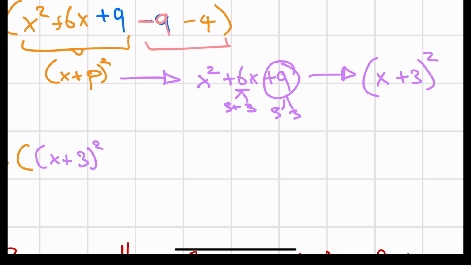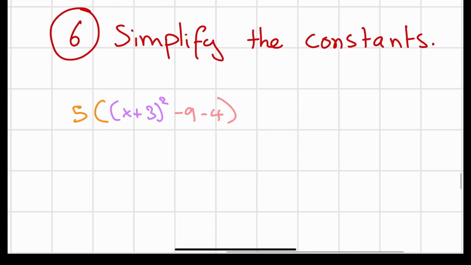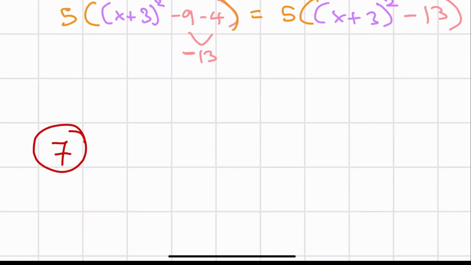So don't forget this other part, the second half of the equation. Now we can even simplify these constants, minus 13, right? Finally, what we could do is bring the constant, which is minus 13,